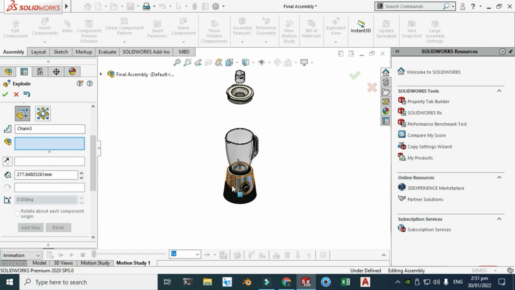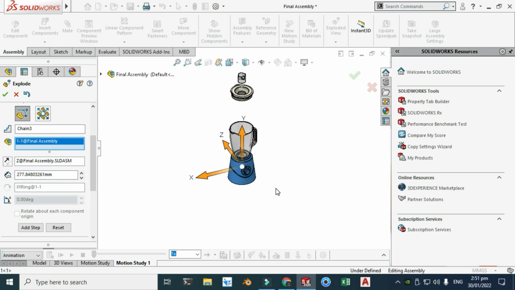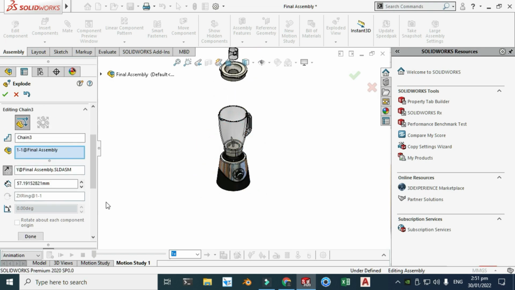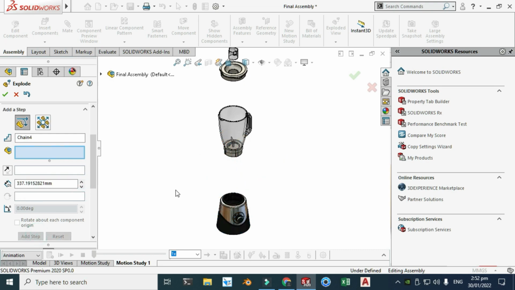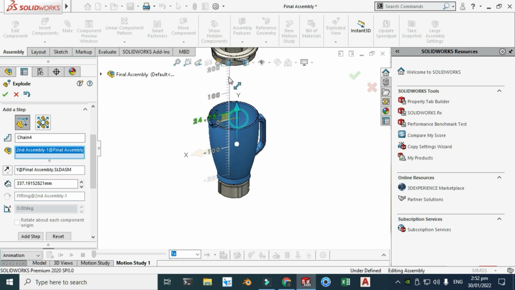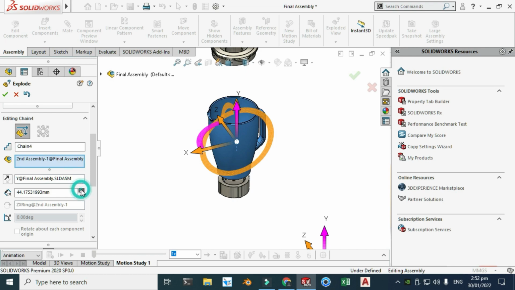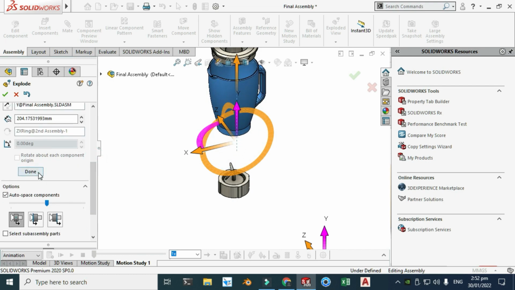Okay, next is this part, and click downwards, okay, click done. Next is this jug, okay, click done.